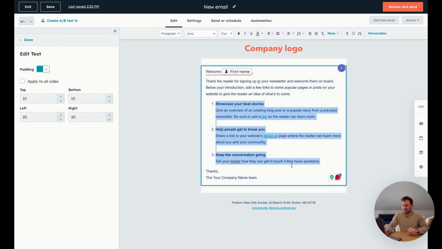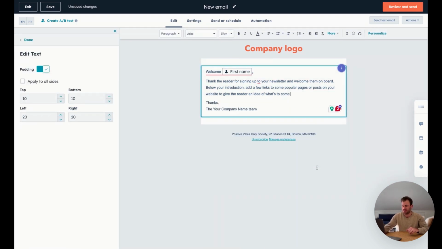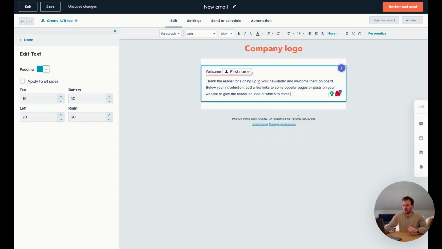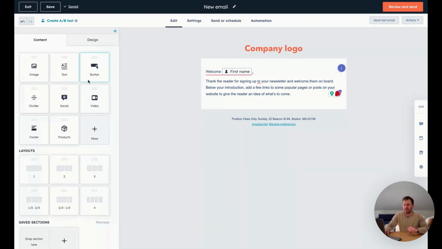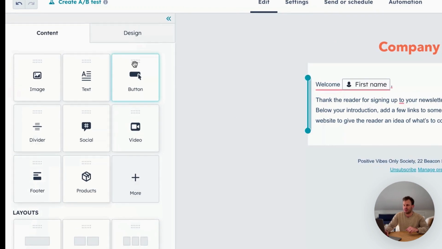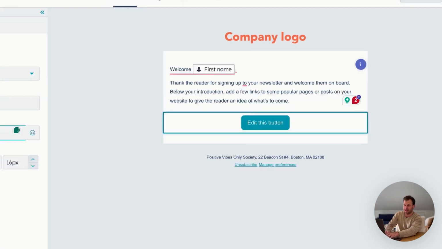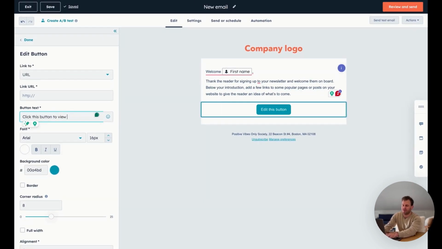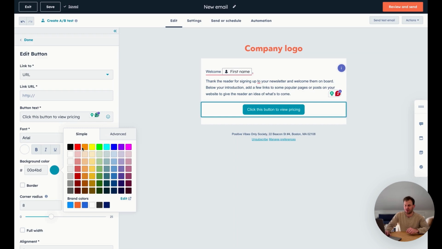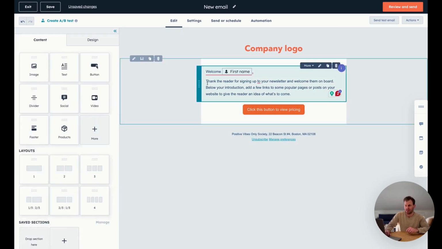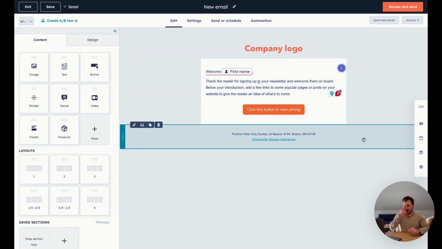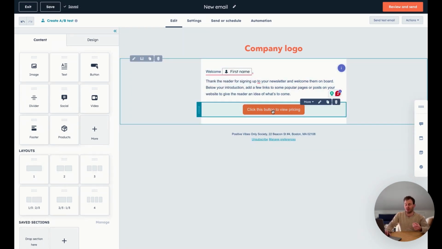So just for the sake of making our layout look nice, let's delete the bullets. Let's also delete the thanks here. And let's drag on this button content here underneath the paragraph we have. And let's say, click this button to view pricing. And I don't really like the blue. So let's go ahead and change the background color here, maybe to a brand color we have of this orange. And now we see our personalization tokens, the copy of our email, and this button we've just added